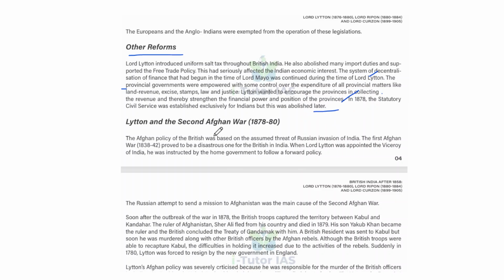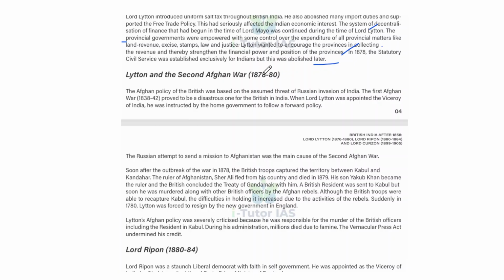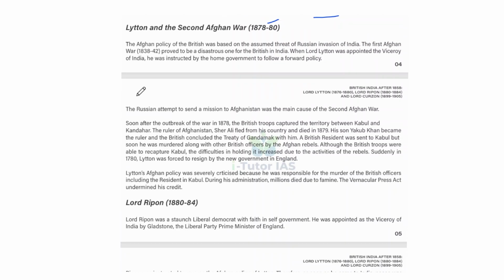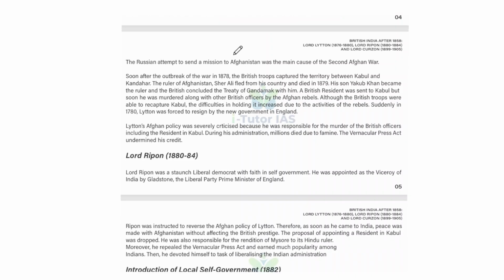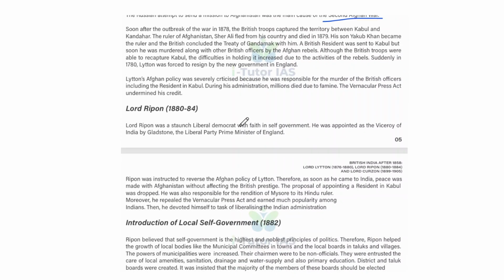Okay, so these are the other reforms by Lord Lytton. And Lord Lytton and the Second Afghan War happened 1878 to 80, and the Afghan policy of the British was based on the assumed threat of Russian invasion of India. The first Afghan war, that is 1838 to 42, proved to be a disastrous one for the British in India. When Lord Lytton was appointed the Viceroy of India, he was instructed by the Home Government to follow a forward policy, and the Russian attempt to send a mission to Afghanistan was the main cause of the Second Afghan War. And soon after the outbreak of the war in